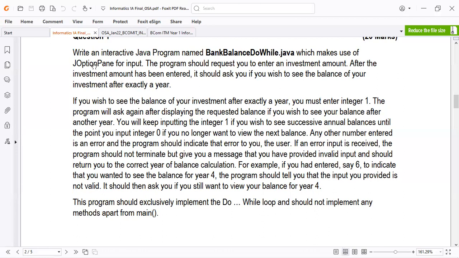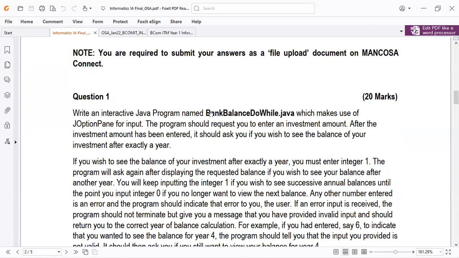So I don't know now. If we say we are going to code, I have the answers for this. I want to hear your honest opinion, guys, on whether we want to write this. I have written it before, but if we say we are going to write it in this class, it's going to take much of our time, and we will cover little ground. Or we can just discuss the code, then I will give you the answer. So I want your honest opinion. What do you suggest we do? If we write it, I can guarantee you that we'll spend the whole lesson maybe on question 1. It's a long code.